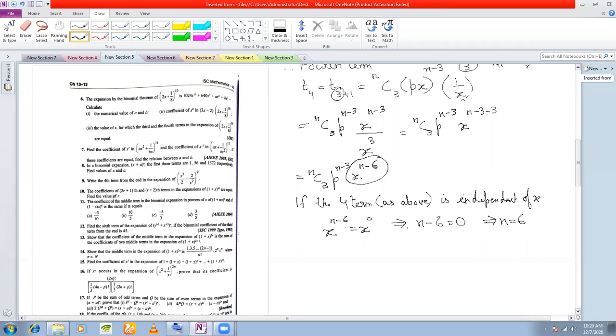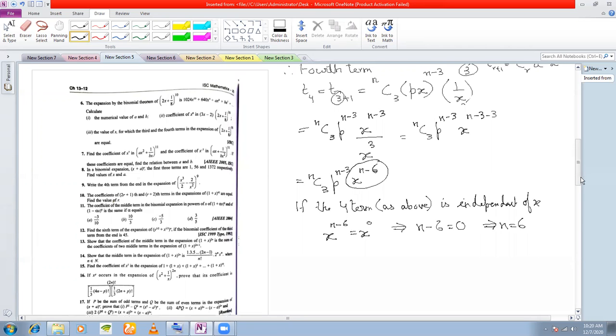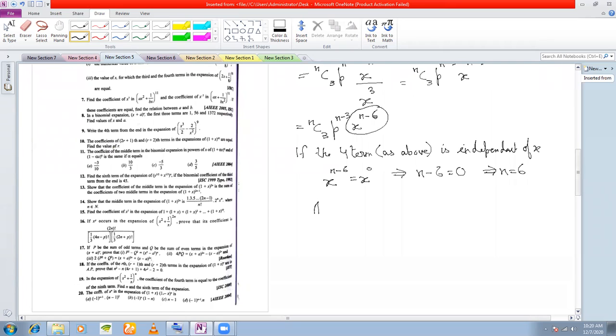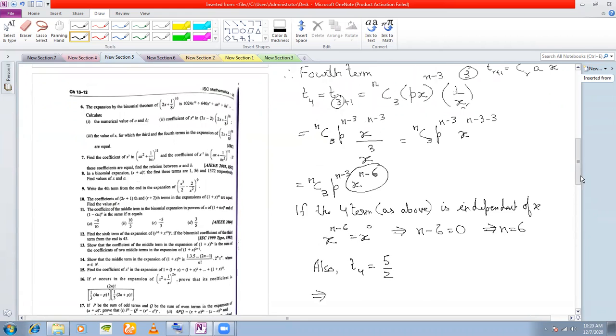Right? So the question was to calculate the value of n for which this is independent of x. So we have calculated the value of n. Now the question is, with this value of n, calculate the value of p given that the fourth term is 5 by 2. So also given here is that the fourth term t4 is 5 by 2. And what is t4 we have found out? This one,